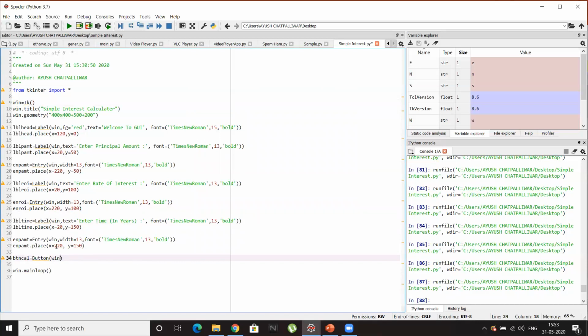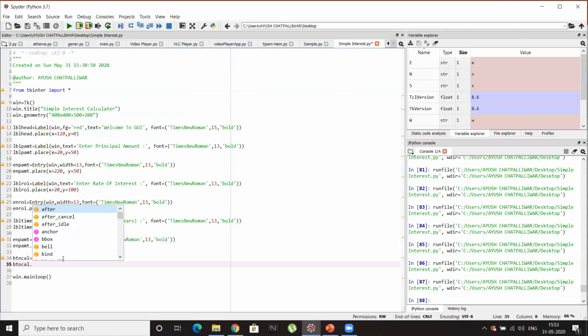Okay, and now I need to place that button. btn cal dot place. I want the button more towards the left. Let's give X a try, 100.